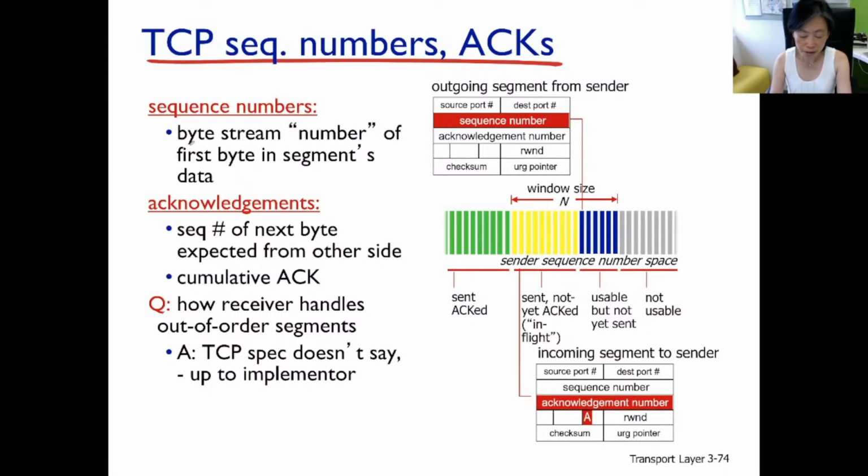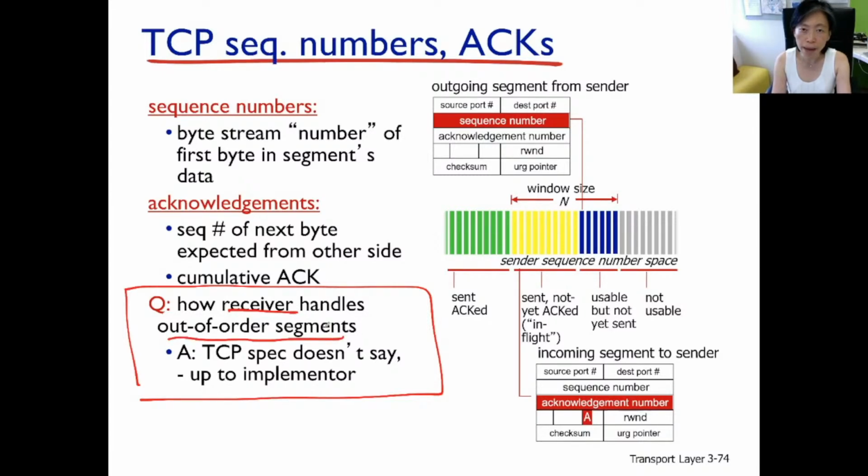And the last bit here is again about TCP's RDT being very similar to Go-Back-N. So if you recall, Go-Back-N's receiver, when it receives out of order packets, what does it do? It drops all the out of order packets. Now that is actually a wasteful use of network bandwidth, isn't it? So TCP here allows a bit more flexibility. The programmers themselves can decide whether to buffer the out of order packets or to drop them.